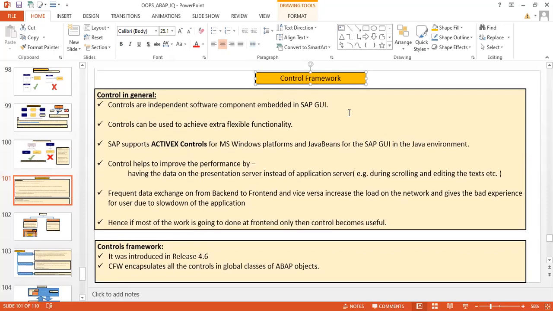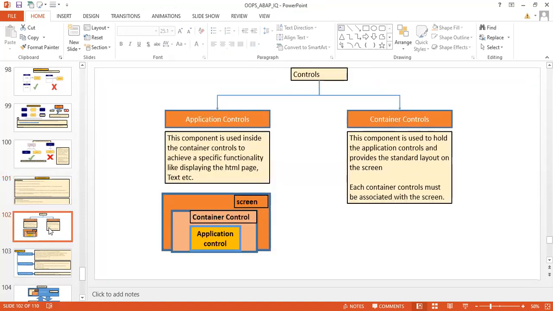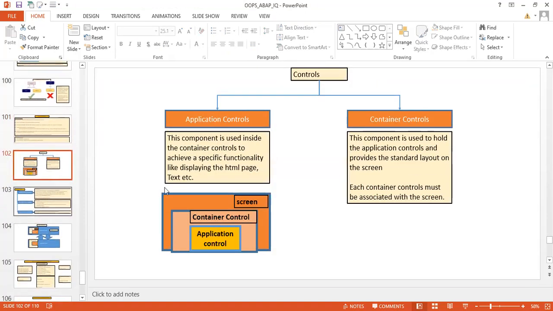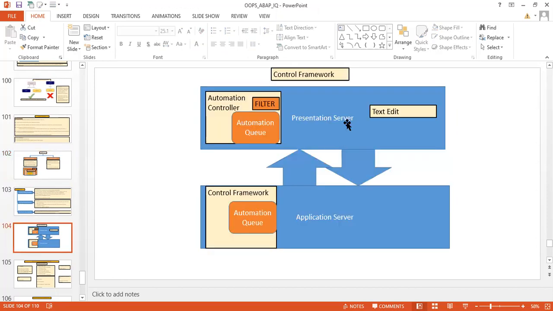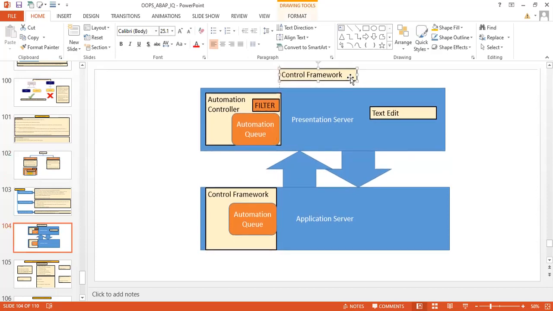Control framework is important. In this control framework, generally you will be asked questions like what are the different types of controls with respect to SAP GUI, right? There are two types: application controls and container controls. Then they may ask about the control framework.